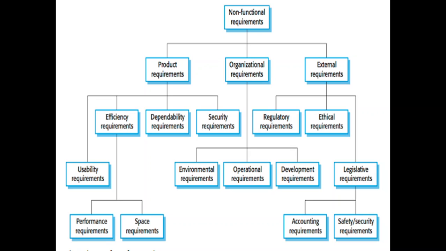There could be more types of requirements also. Here it is just a depiction of non-functional requirements. We said that non-functional requirement is how the system is going to perform. That is a kind of intangible thing which we are going to identify from the system. It could be of a number of types, where we have the environmental requirements, ethical requirements, regulatory requirements. But in practice, it is not that we sit and write, see, these are the security requirements, these are the ethical requirements, these are the legislative requirements, and so on. It doesn't happen that way.